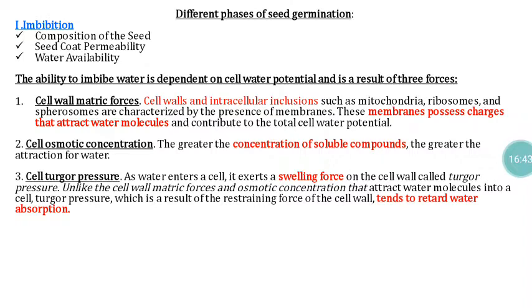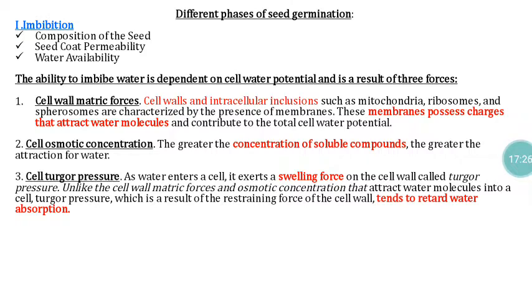And then another one is the cell turgor pressure. So this is a regulating pressure. Once the water starts to enter into the seed system, the cell membrane, which has elasticity, will expand as more water molecules keep entering. The membrane will expand just like a balloon, and that also has a maximum capacity. Once it attains maximum capacity, the membrane starts to exert opposite forces that resist the water entry. So once that cell turgor pressure is created, automatically the further entry of the water will be prevented.